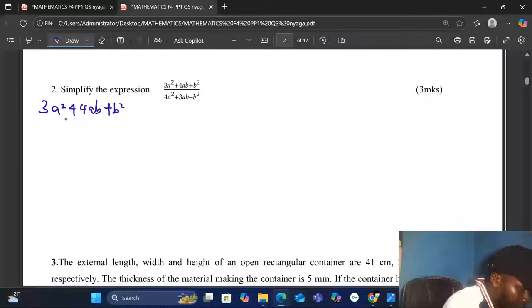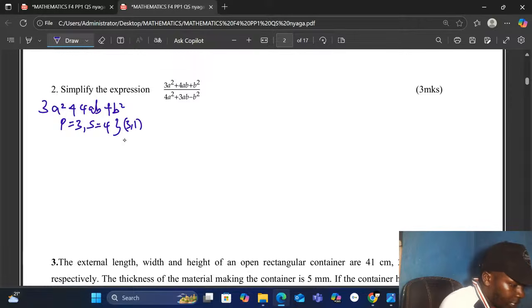We can say the product here is 3, the sum is 4, and the numbers are 3 and 1. When you multiply 3 and 1, you get 3, and when you add 3 and 1, you get 4. So you shall have 3a squared, then plus